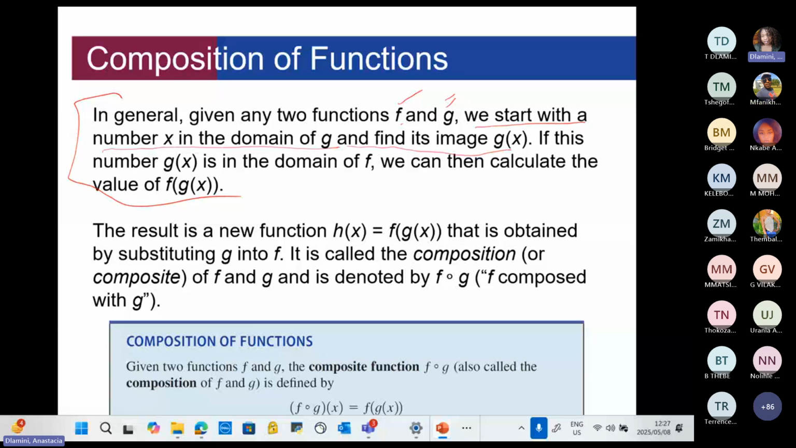Does it make sense? So far, guys, does it make sense? Yes, maybe it does. Do you see that? Now what happens then? Let's continue. If this number g of x is in the domain of f, continue with Afrikaans. Ma'am, please repeat. Remember you said that you find the image, right? Yes, ma'am. Now, if this image is in the domain of f,